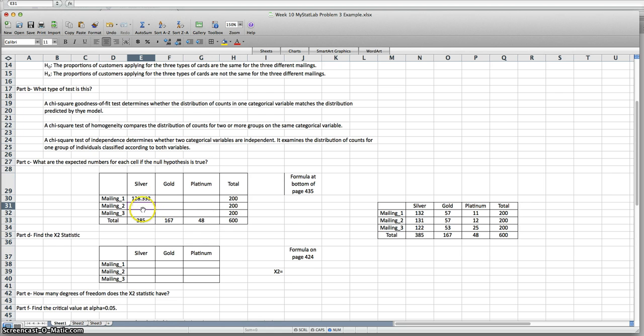So all 3 of these numbers will be the same because we're doing row times column. So we can go ahead and place that in there, 128.333 and